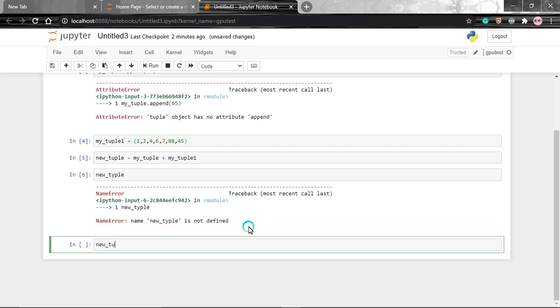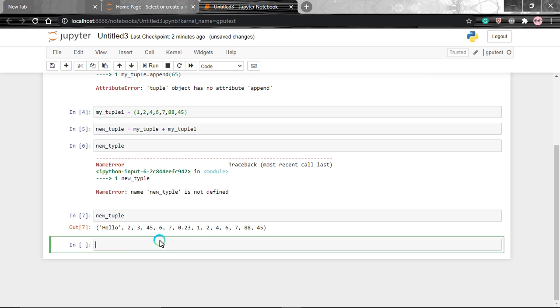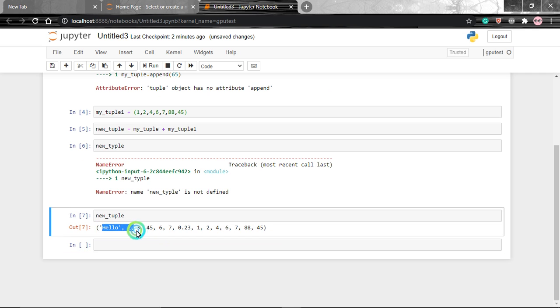New tuple. So you can see up to 0.23 is my first tuple, this is my second tuple. So you can add two different tuples, but you can't add or remove things from a tuple. That's it. Otherwise all the things are same as in lists.